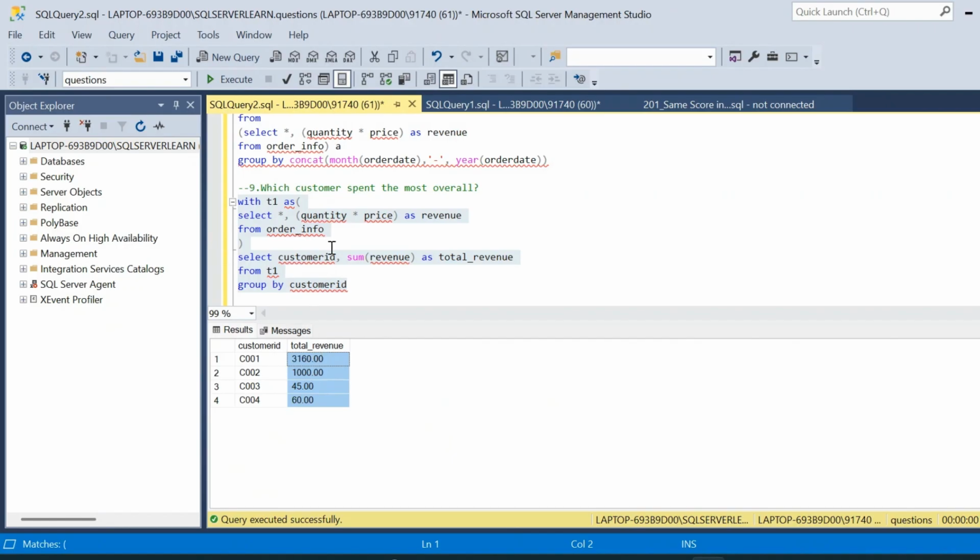Now we have to find the customer who spent the most overall. So again we will write a top one and order by and obtain the result, or else we can also make use of window functions like row number or rank to get the output. So here we will make use of the rank window function and get the output. So we will place the second query also inside a CTE, that is T2 as open and close parenthesis. And now here we will add one more expression, that is